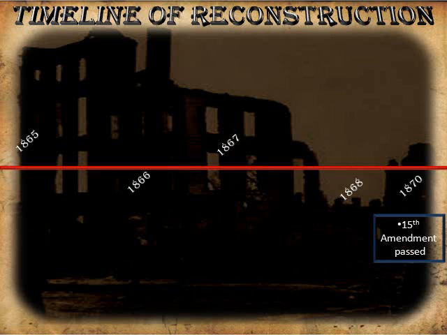Now, if we continue with Reconstruction, you can see that we're going to skip about 6 years here, from 1870 to 1876, 1877. And you're going to say, well, what happened in all those years? Well, that's the story of the myth and reality of black rights. Their life is going to be a struggle between what rights they really have on paper versus what rights they can actually use in real life. And we'll talk about that in a little bit as well as in class.